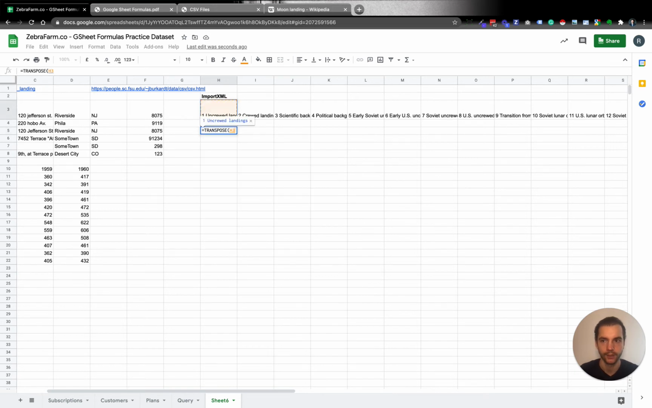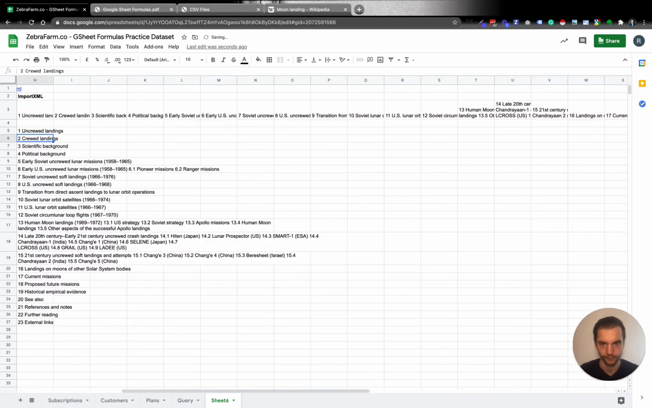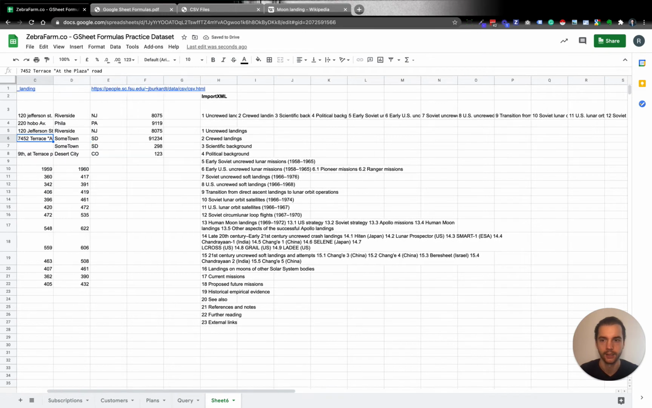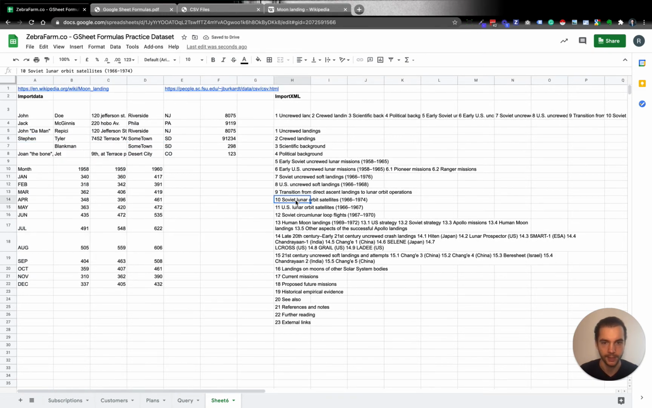function. And then we get it vertically. So that's great. You might want to further down split this out. So there are ways to do that as well with, for instance, the split function. I'll leave that for a different video, but for now we've covered the import XML function to get data from